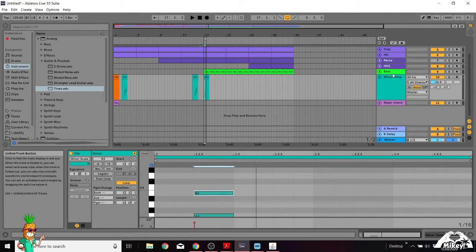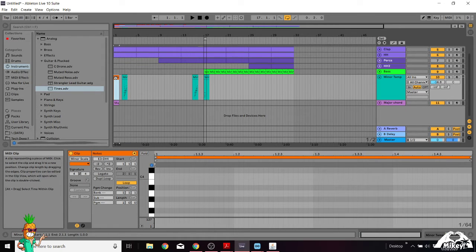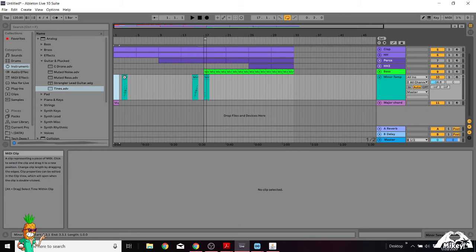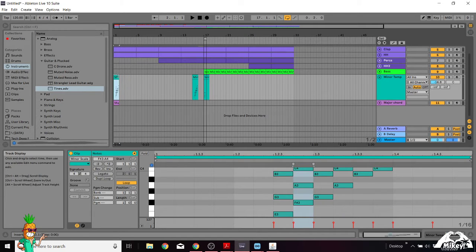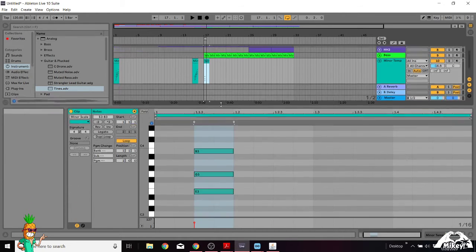Being that it's in E minor, I went back up to our minor chord template, dragged over a duplicate, because this is our template, the thing that we never actually alter. We just move this over and then alter the duplicate over here. And I just took the one chord, which is E minor,